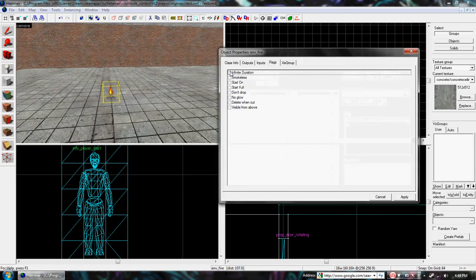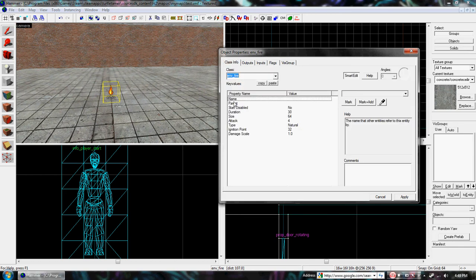Want to go to flags, infinite duration, start on, and start full. And you don't really have to change anything else. The size, 64 is a good size for a flame,